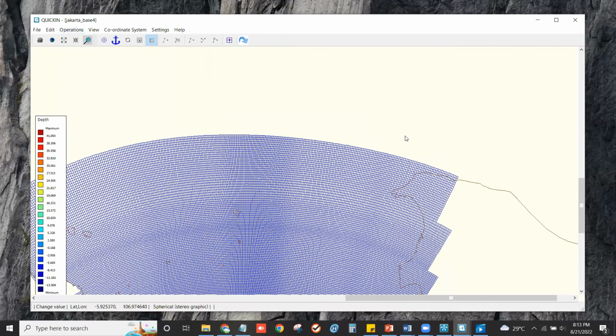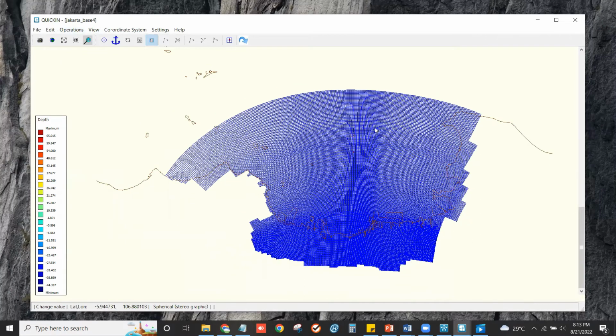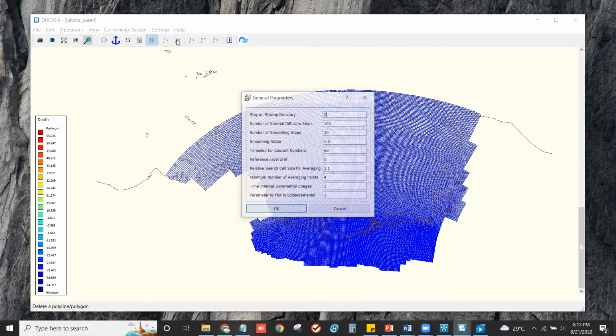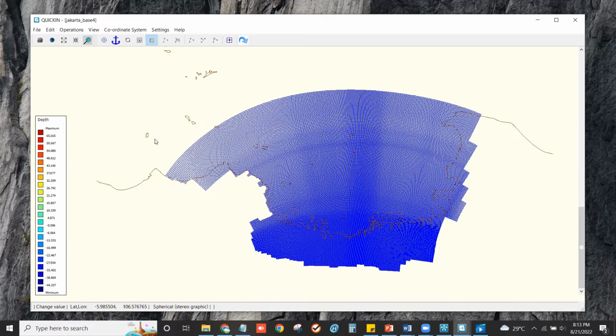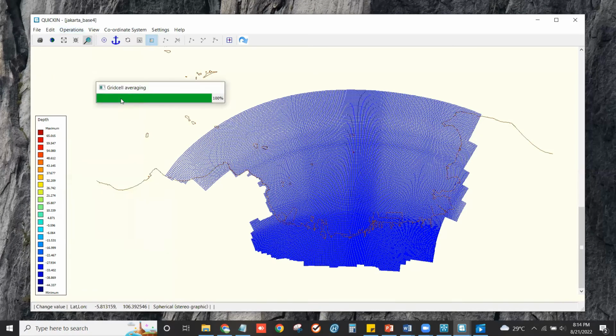Oh, the data is 0 if we choose the data sample and setting. We can set the minimum number of averaging points again and fill in 1. Okay, and we click create cell averaging for the operation.